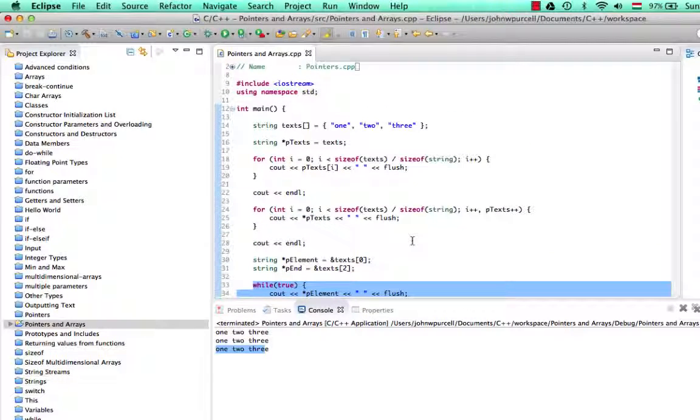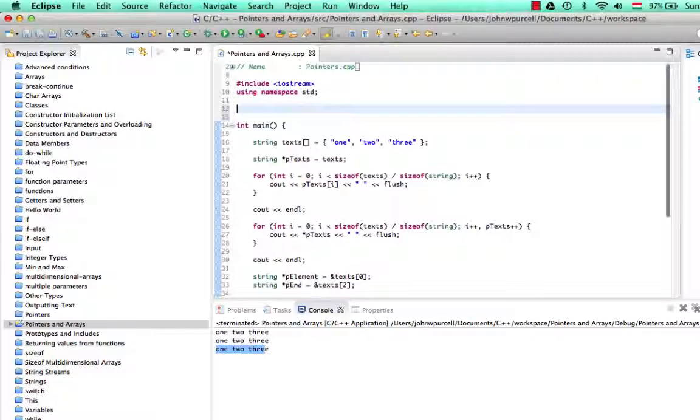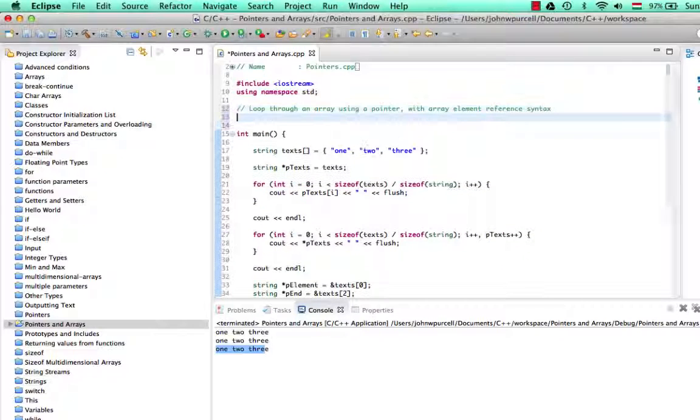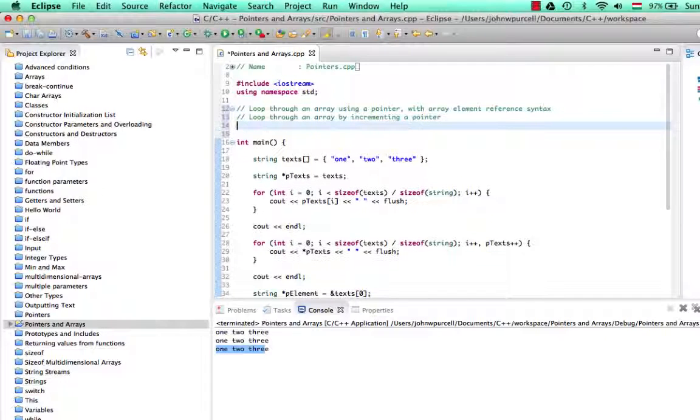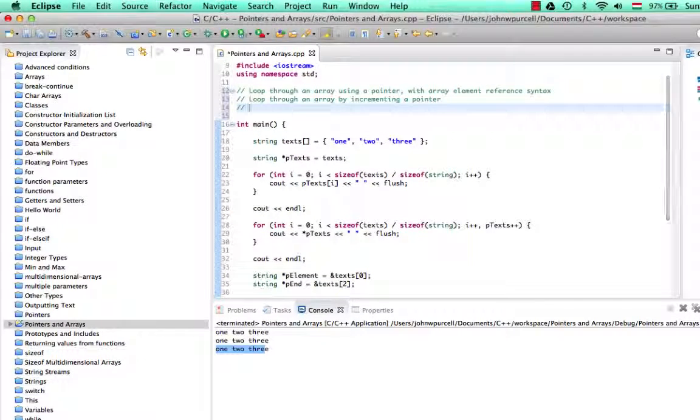Okay, so this has been quite a difficult tutorial, but what I'd recommend is, like I say, go easy on yourself and practice these things. First of all, loop through an array using a pointer with array element reference syntax. In other words, like this. Then try looping through an array by incrementing a pointer to the array,